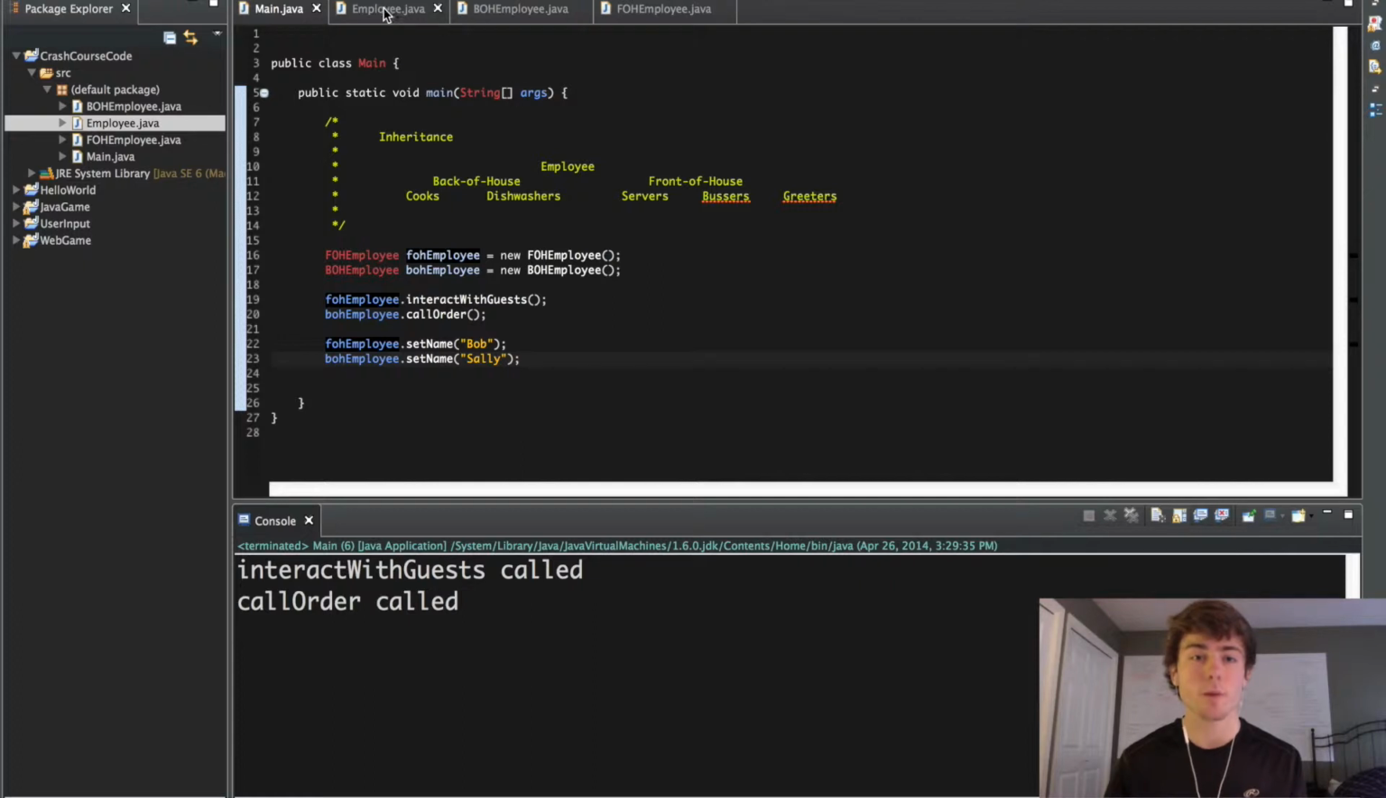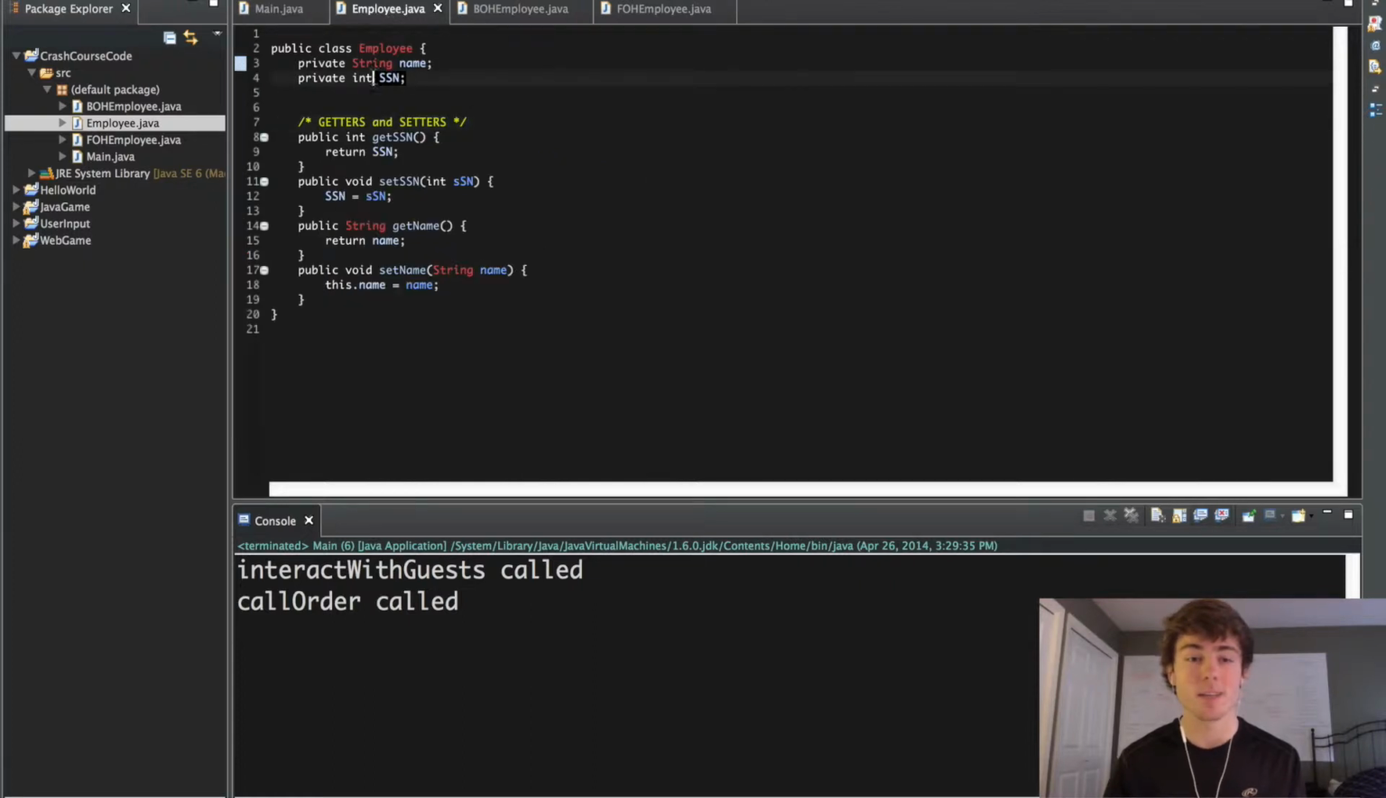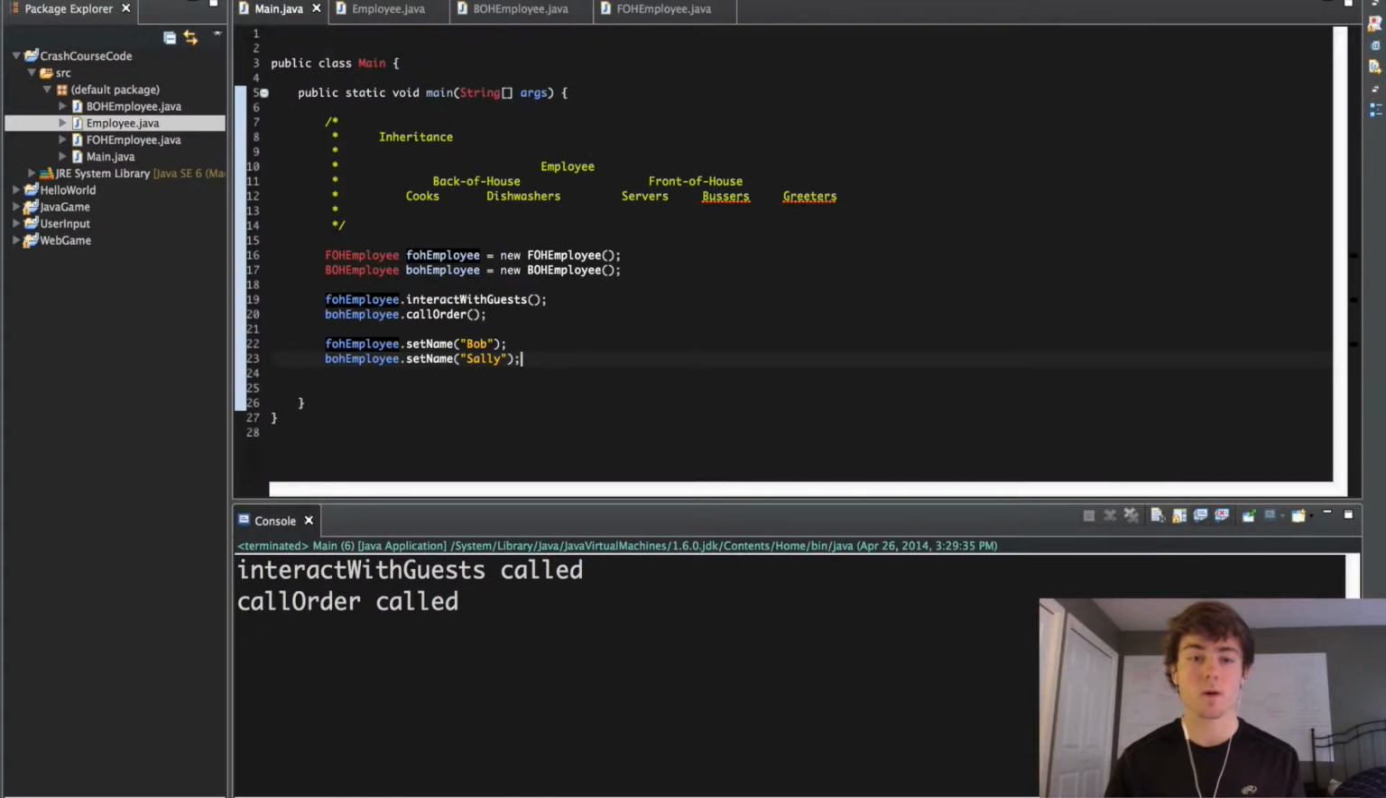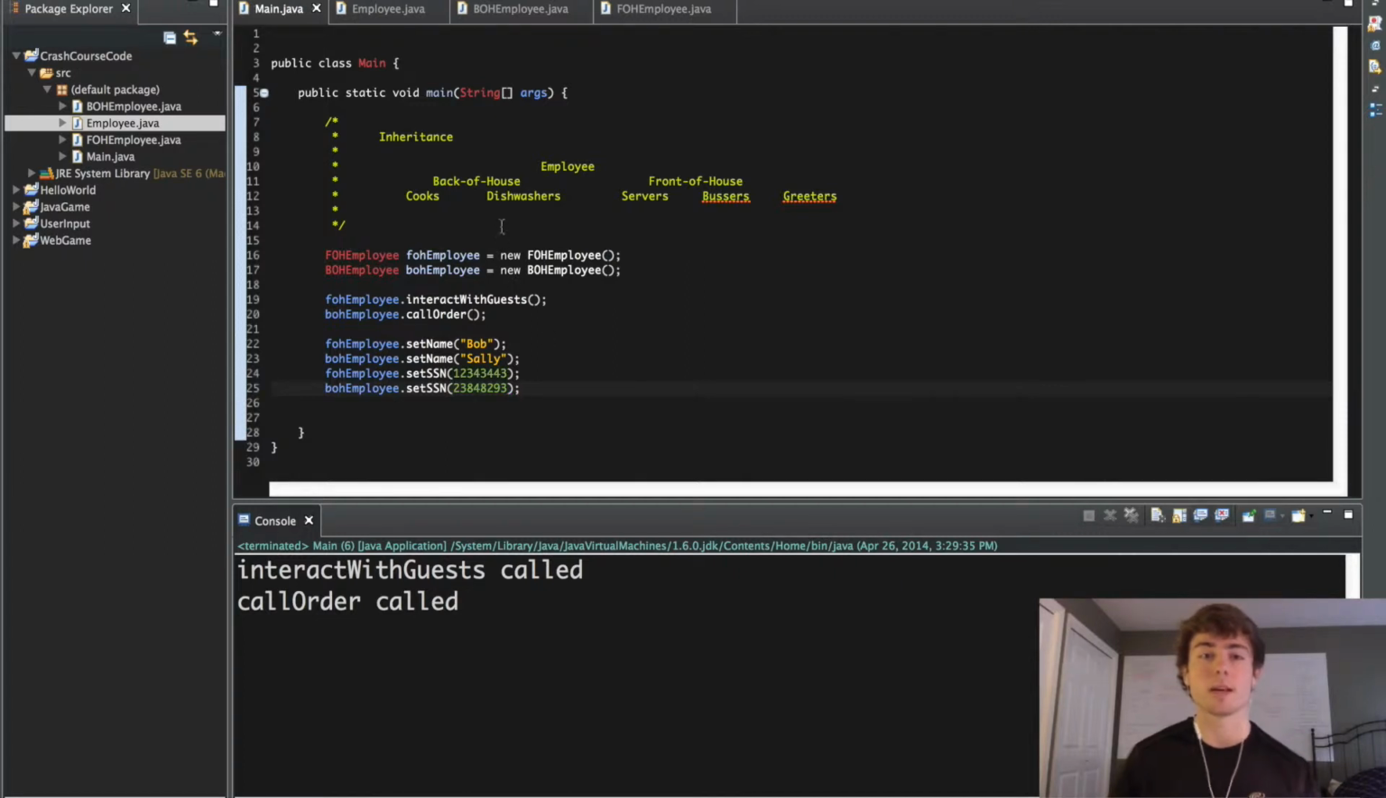So remember, in our employee class, we also had the field SSN, the social security number, so we can also set that. So we can say FOH employee dot set SSN now, and we can put in some number here. We can do the same thing for BOH employee and do set SSN, all this junk. So that's the awesome thing about